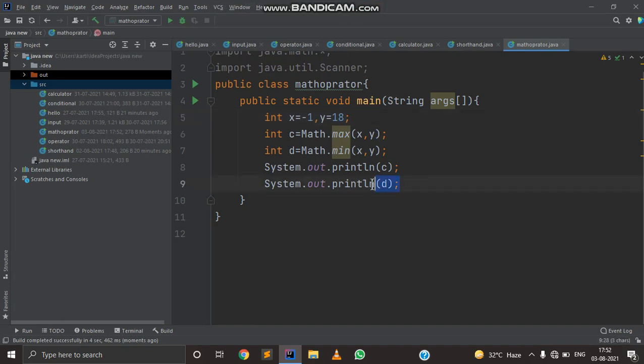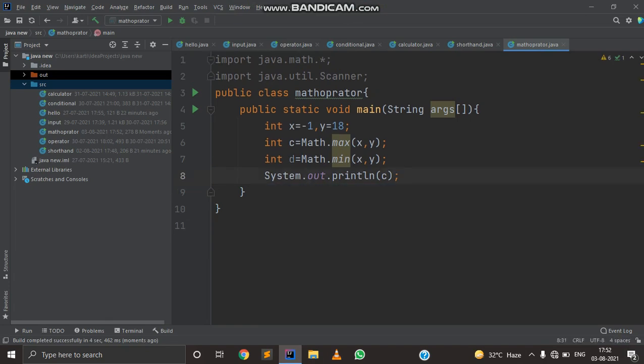So what happens in Math.random? Math.random returns a random value between 0.0 and 1.0.